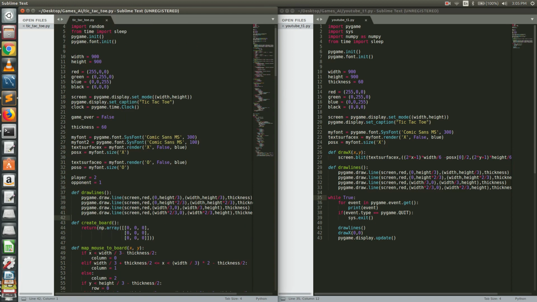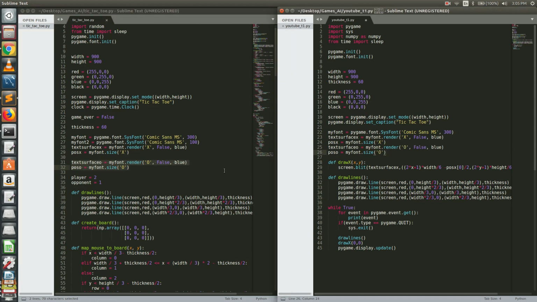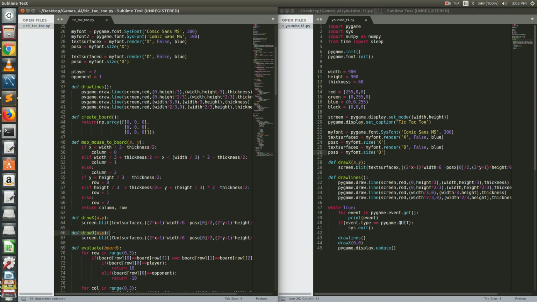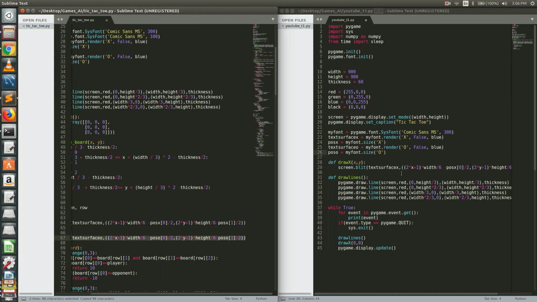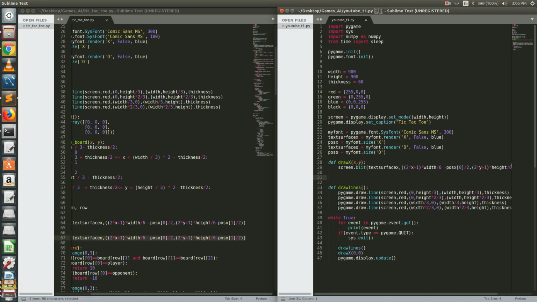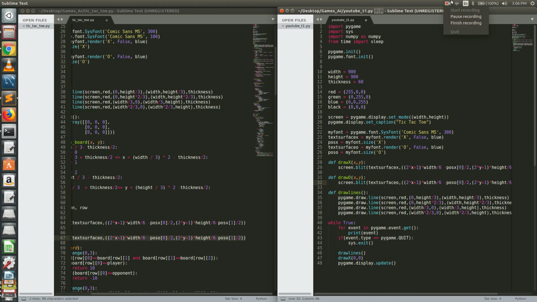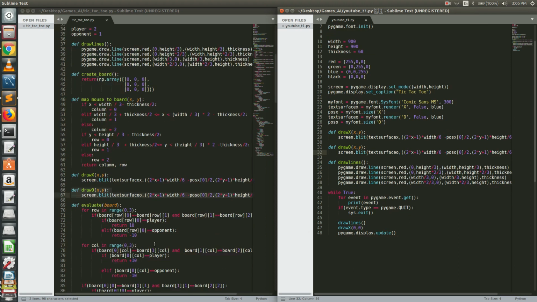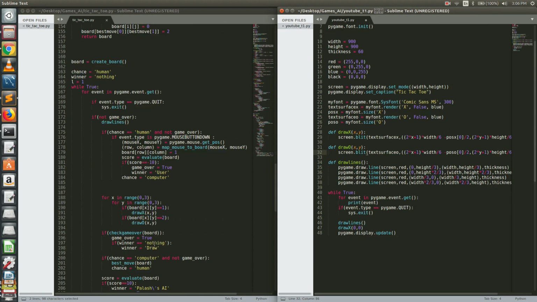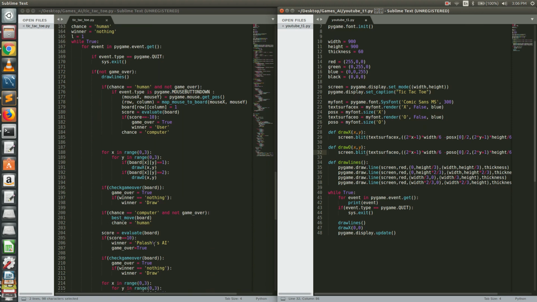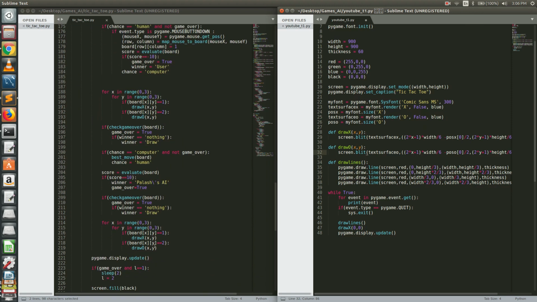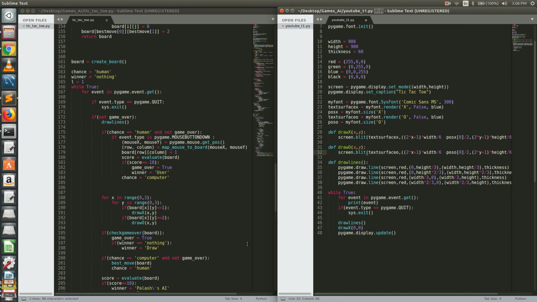So let's make a text surface for O also. And let's define a function for drawing O also. So now what we'll do is we will draw X in the box we click. Okay, so for that what we will do is,